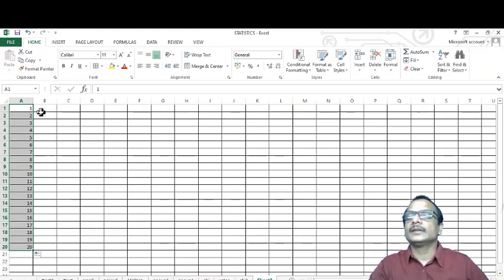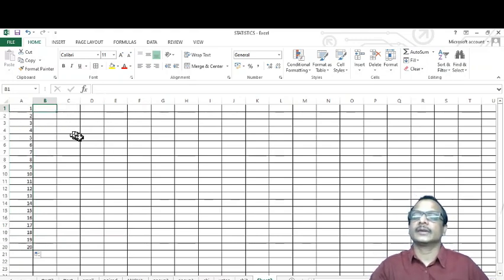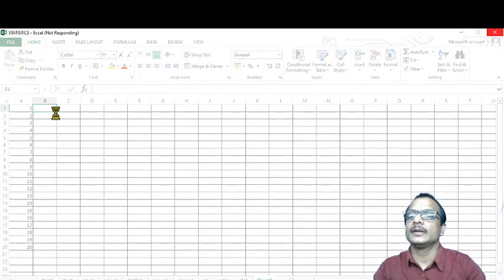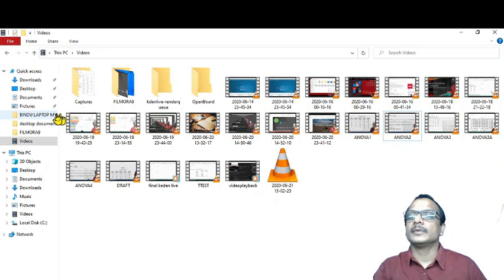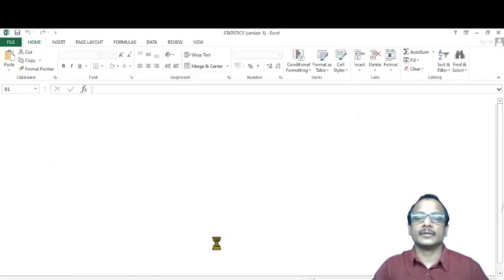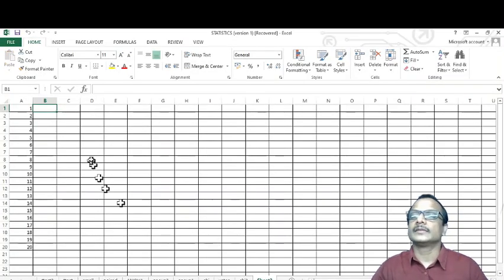And then another feature of Excel is that if you type any word or letter here, for example, I type NSSTC here in the B1 column. Okay, my Excel is restarting.